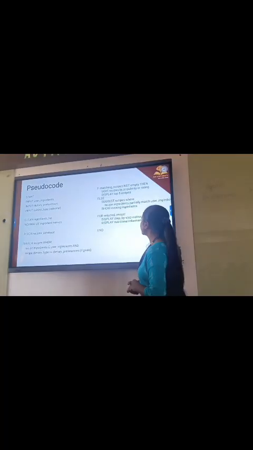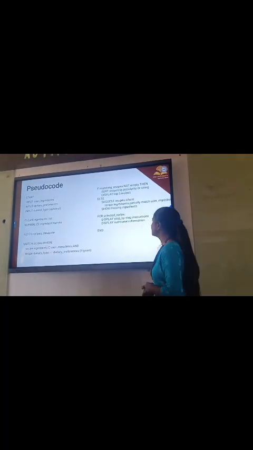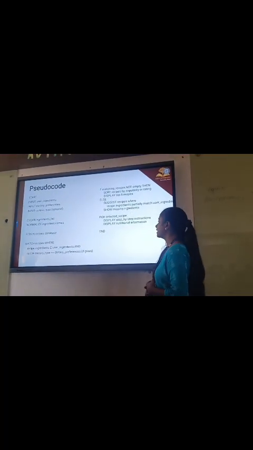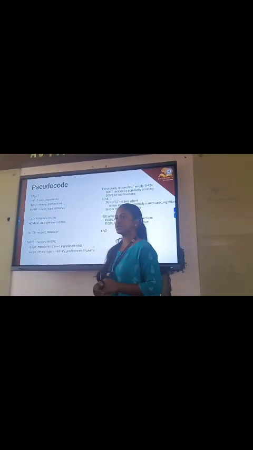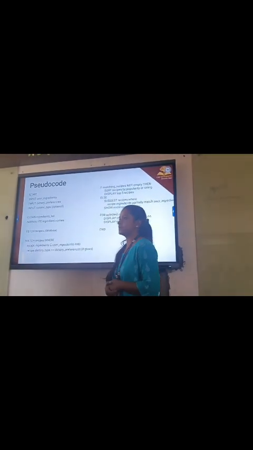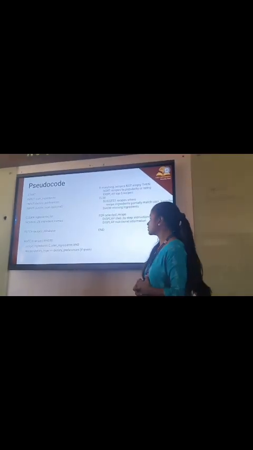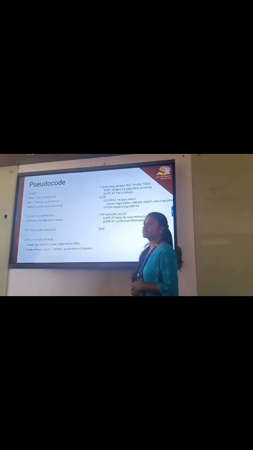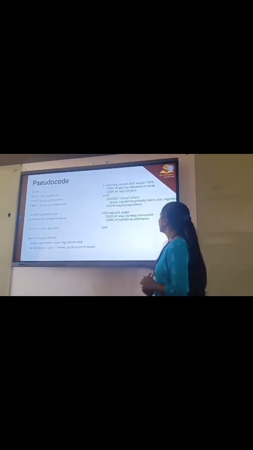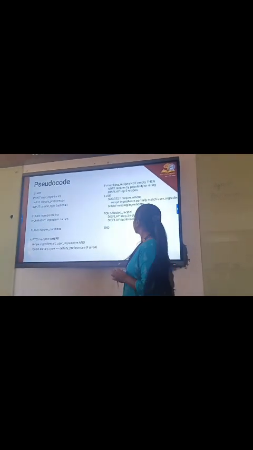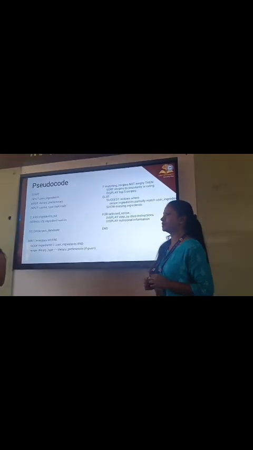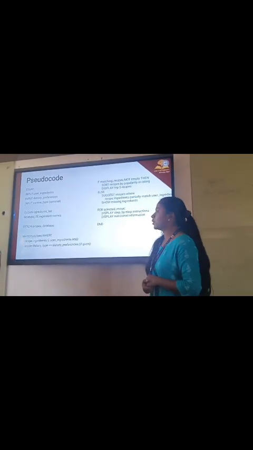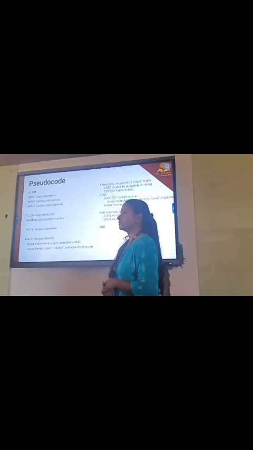And for the selected recipe, display step-by-step instructions. Display nutrition information. The system will show top 5 partial recipes. So the user has to select one among them. Then it will show the step-by-step instructions. Display nutrition. It will also tell us the nutrition information, like the amount of calories or the amount of protein the user wants.